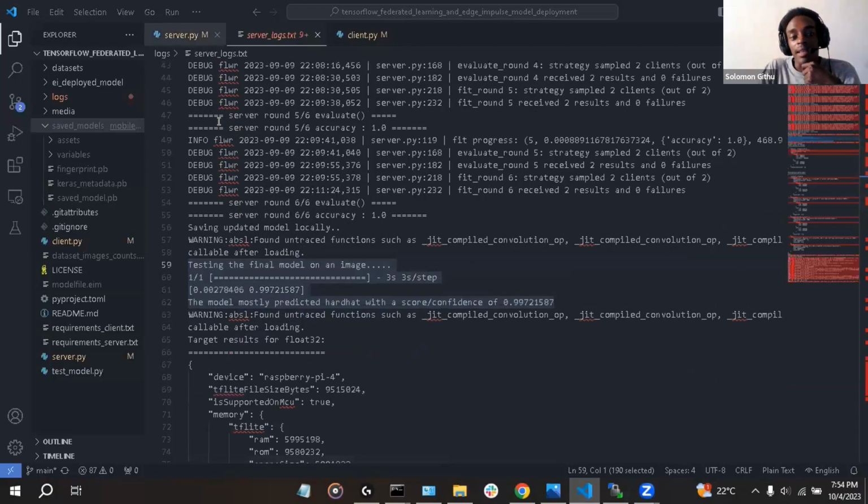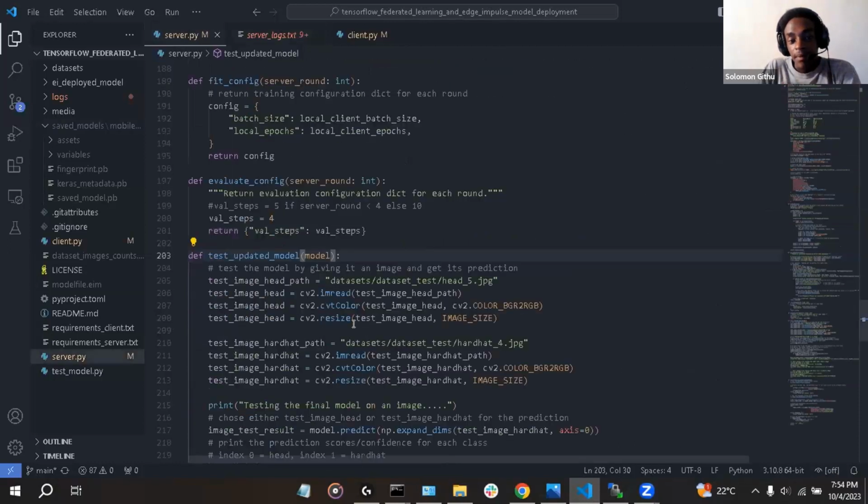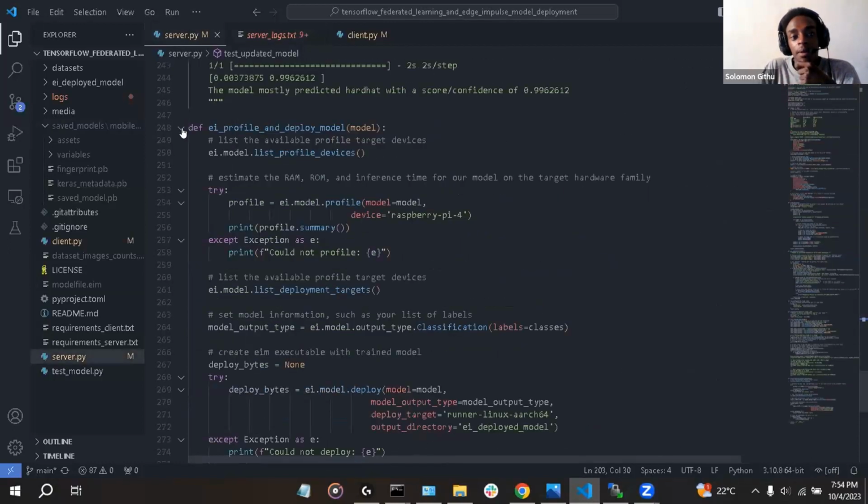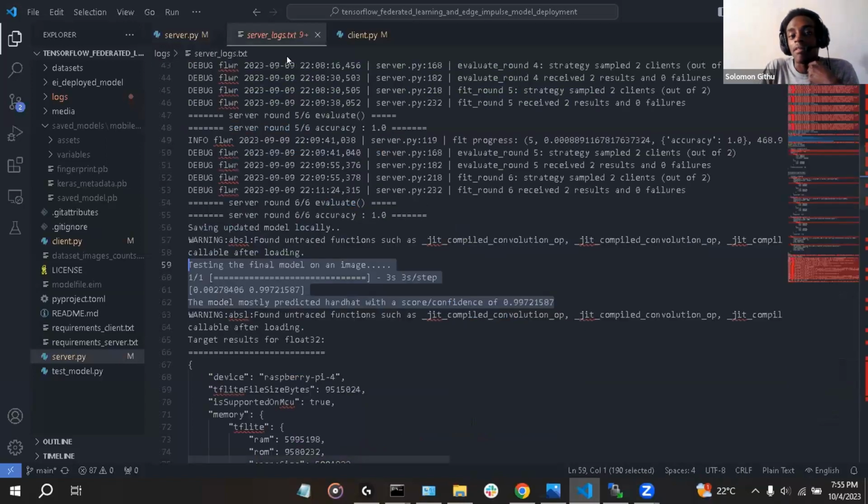the server then uses the Edge Impulse Python SDK, and here we can see this function for the profiling and deployment. So one thing when it comes to machine learning models, we want to know the performance of the model. In the case of IoT devices, not every model can run on any device. You can't take a YOLOv5 model and run it on an Arduino. So one of the things that we can do with Edge Impulse is that we can actually profile this model. And profiling means that we will get the performance of the model.